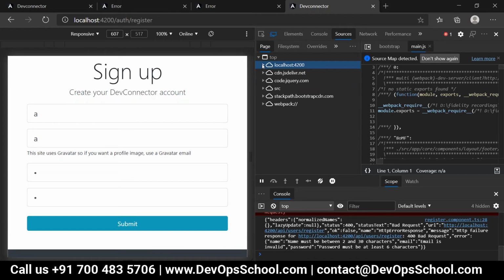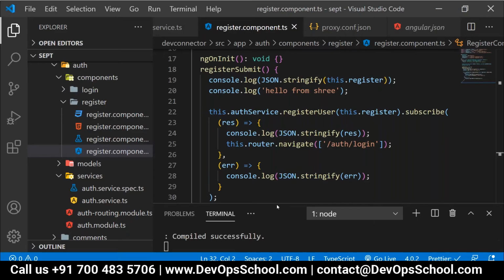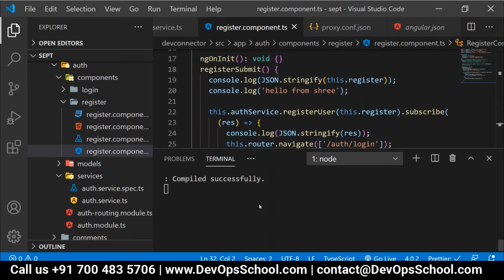Deepak, if you want to run it in an actual environment, you have to fire a command called ng build. ng build with hyphen prod will generate a production build of your application, and there everything will be in a proper way. We are in a dev environment actually. Once you get that, you can upload it on an nginx server for execution purposes. Now, did you understand the point?